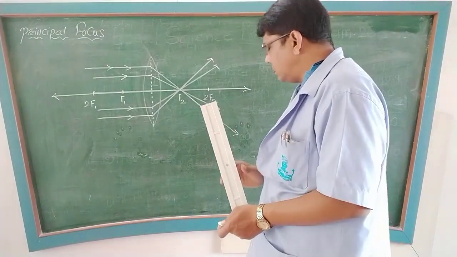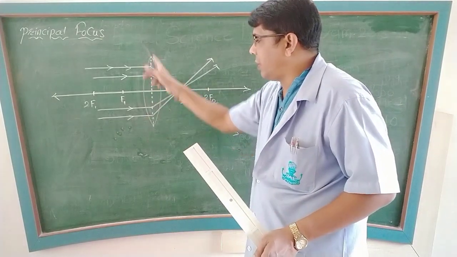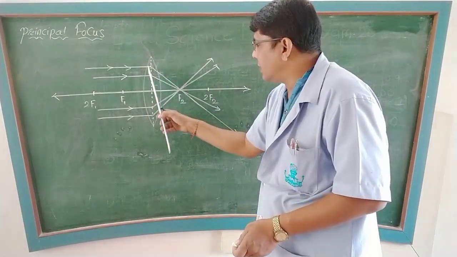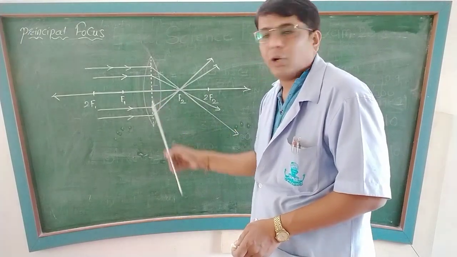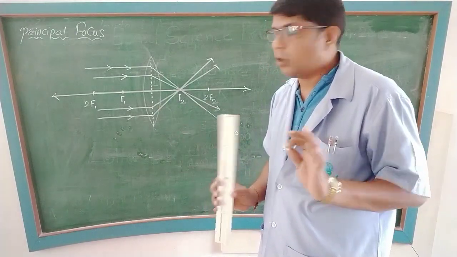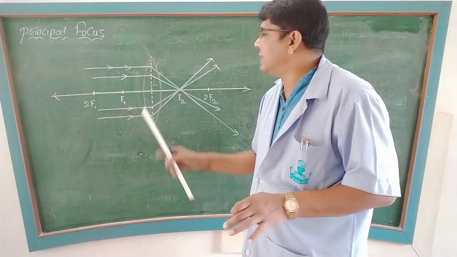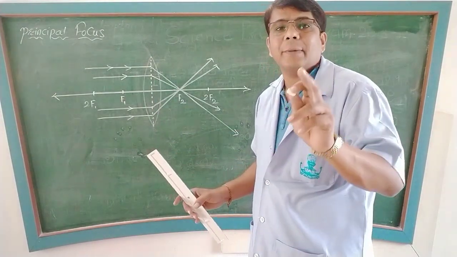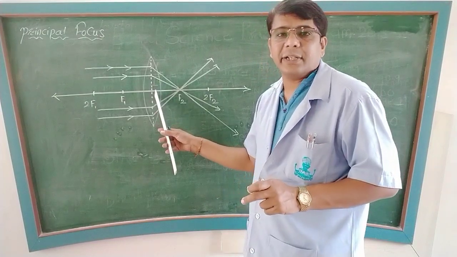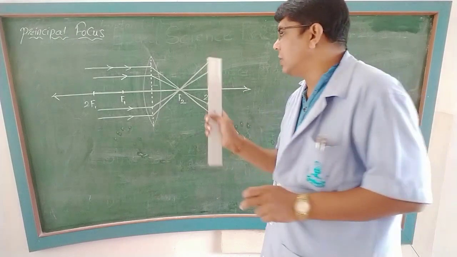Now see students, in the book they have not shown this vertical axis, but that helps because refraction of light should be shown from this point only. Don't show it from this surface at all. In the book you will hardly find this vertical axis. Secondly, the advantage of the vertical axis is you get the exact optical center. So please draw the vertical axis whenever you are drawing ray diagrams.